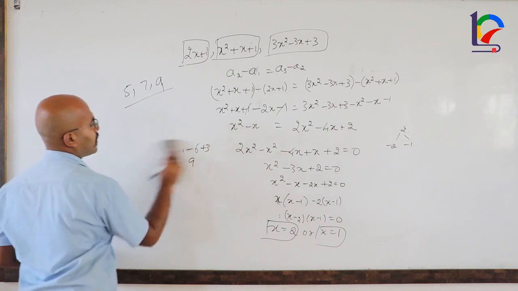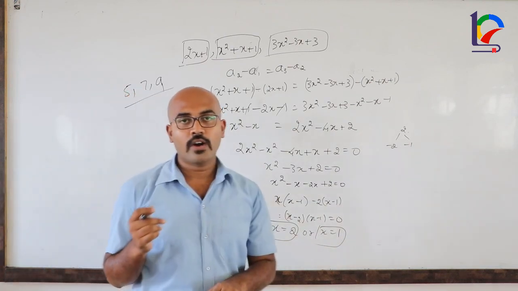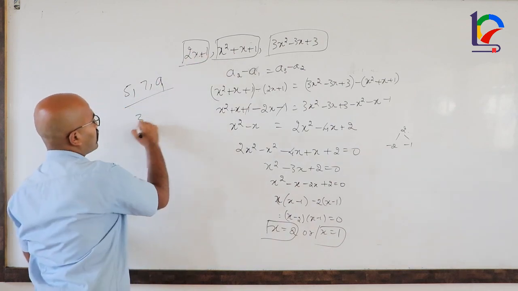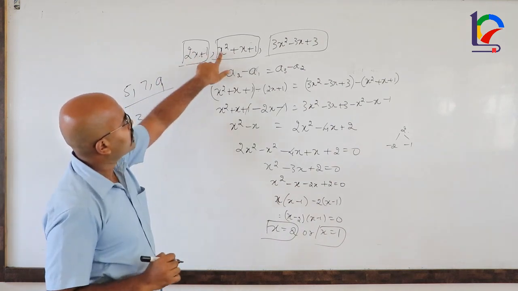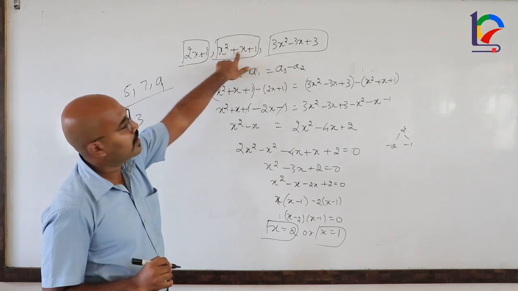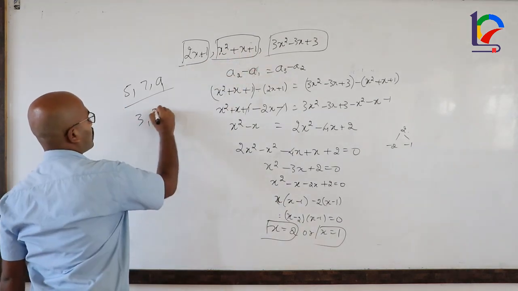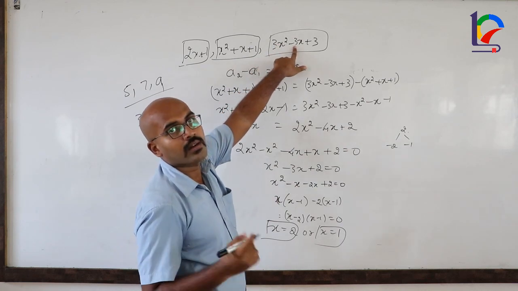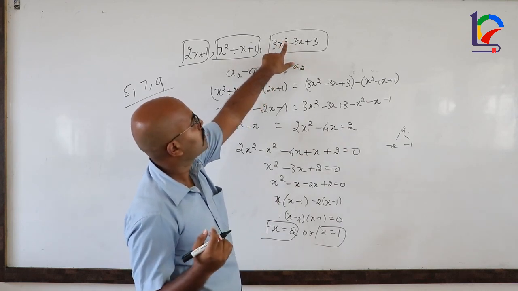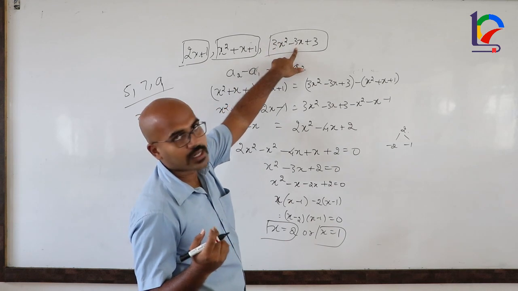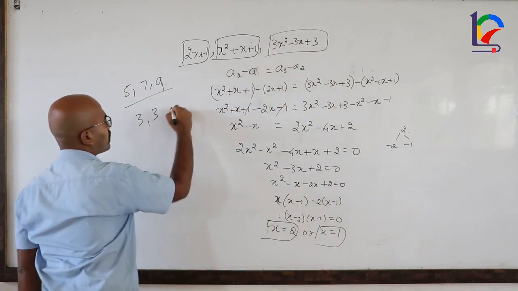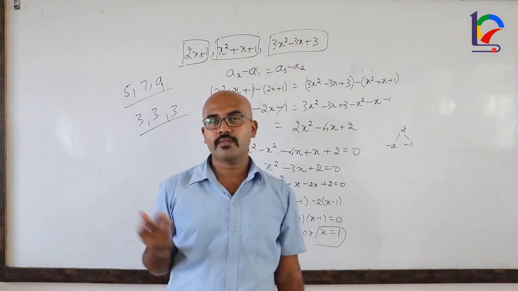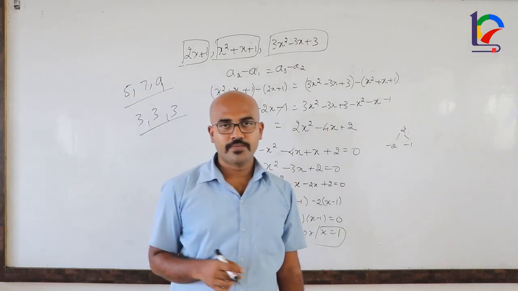Similarly, when you take the value of x to be 1, 2 plus 1 is 3. Next 1 plus 1 plus 1, that is 3. Next 3 minus 3, so here it is 1, so 1 into 3 is 3, 3 minus 3 is 0 plus 3, that is 3. So even this is an arithmetic progression with a common difference of 0.